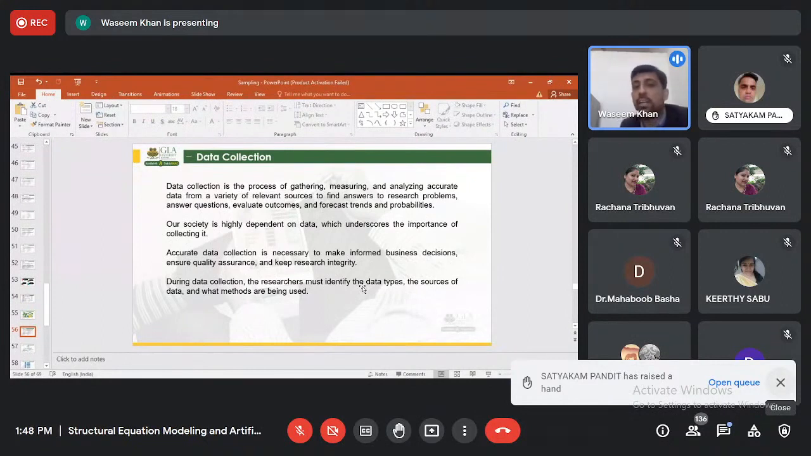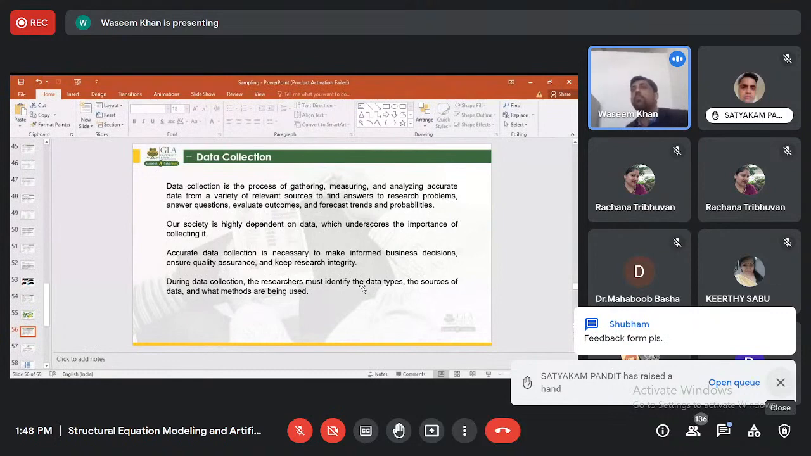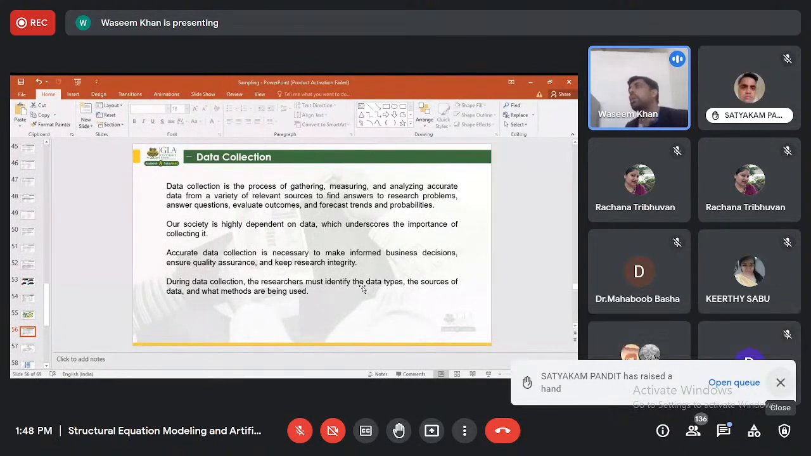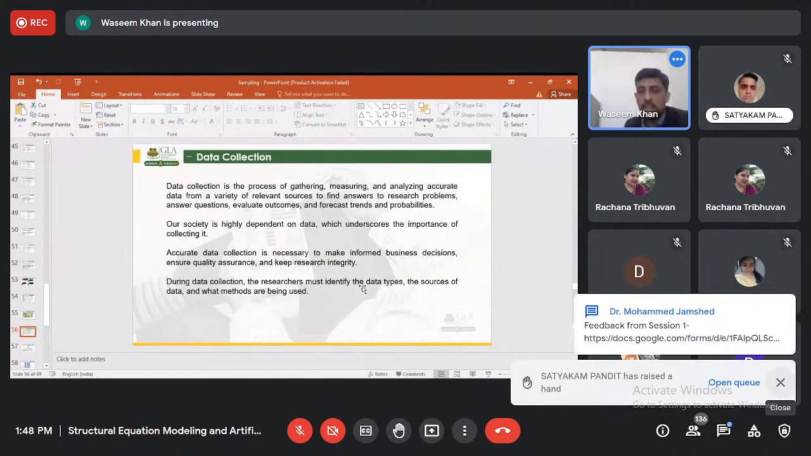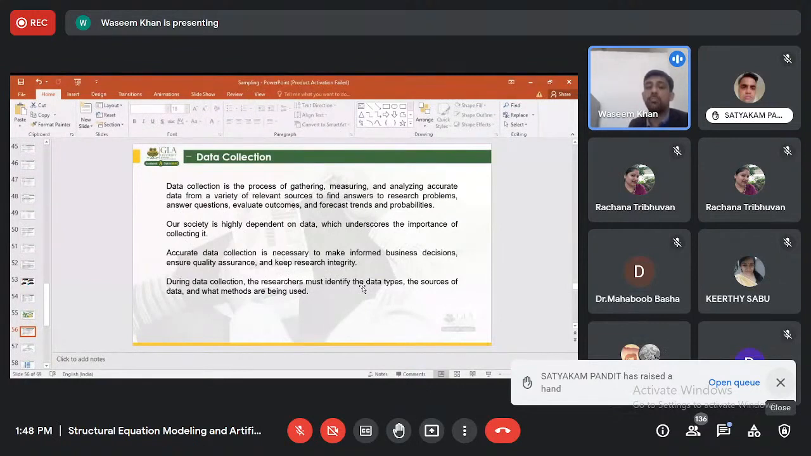Basically, accurate data collection is necessary to make informed business decisions, or to do proper planning, right, or to ensure the quality of the research. So data collection is a very important part, the method of data collection, right? During data collection, the researcher must identify the data types, the source of data, and the methods being used. If you want to understand the factors affecting the adoption of clean cooking fuels, you should not collect data